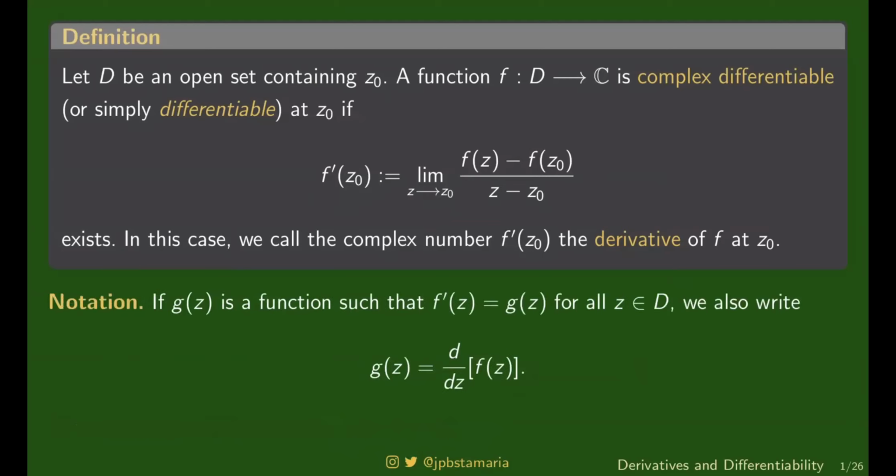Okay. Another notation that I'd like to introduce ay yung d/dz notation. Okay? Kapag si g of z ay function, tapos yung derivative ni f at any point z ay nag-agree sa g of z, ibig sabihin si f prime of z equals g of z for all z, then we can also write g of z as the derivative of f of z to say that ginagamit natin itong operator na ito, yung d/dz operator, right? Just like before, alam nyo na ito. So there's really nothing to talk about here.